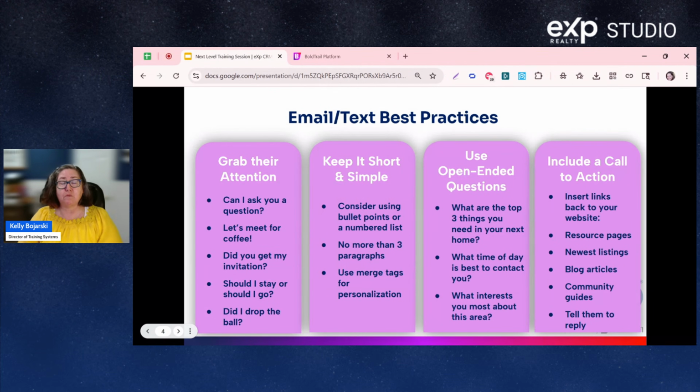Hey, click on this link for more information. I can follow up next Tuesday, or is Wednesday a better day? That's a really short and simple text or email to send out that has an open-ended question. It's short and simple, and it includes a strong call to action. And if you go through our campaign library and our system library and all of the templates that we use, you'll see a lot of our emails and texts are actually written that way. They're short, sweet, to the point, using open-ended questions that are designed to grab their attention and include a call